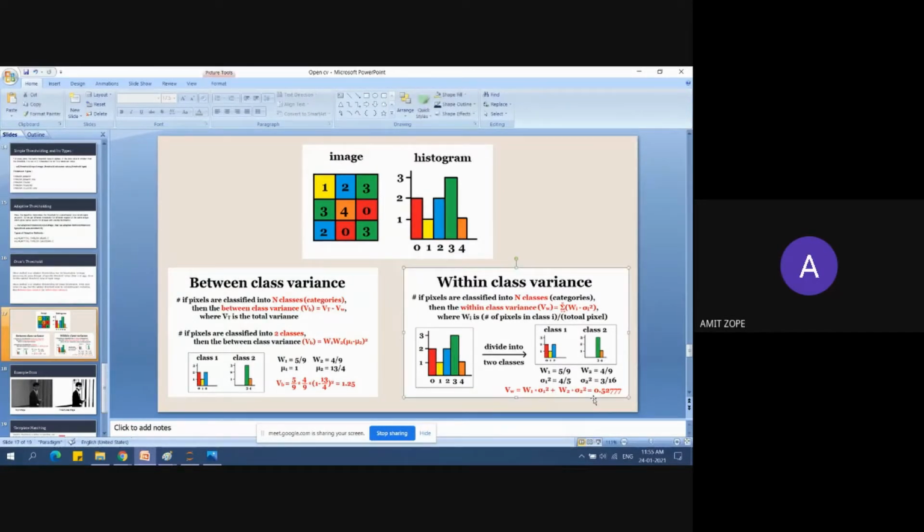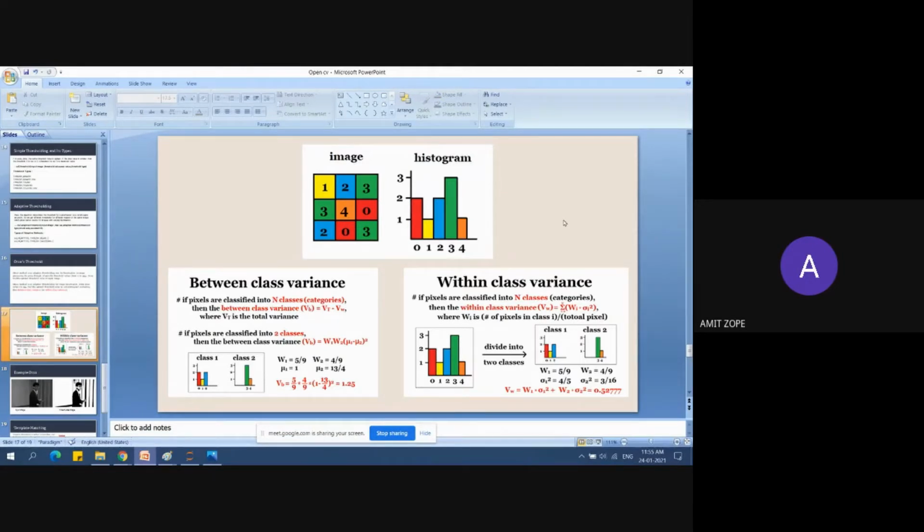It takes every pixel value as the threshold, calculates the within class variance, and selects the minimum within class variance, and based on that the threshold is chosen. Let's say 2 is the threshold pixel value. Pixel values less than 2 will be the background, and greater than 2 will be the foreground. So this is what the within class variance does.